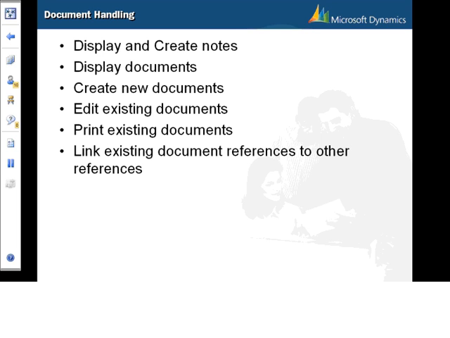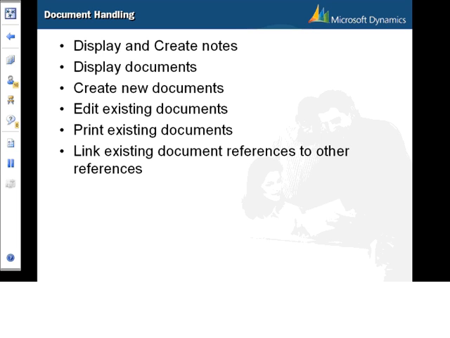So the document handling form shows the document references and their notes attached to the selected item in the active form. A good example of where document handling is useful is for handling instructions for particular items on a sales order. Individual handling instructions can be attached as notes to individual items on the sales order. From this form, users can display notes,